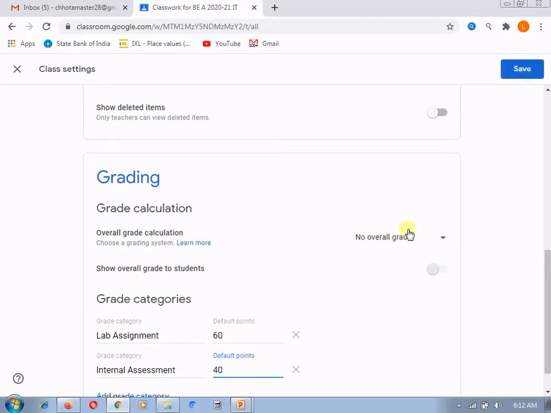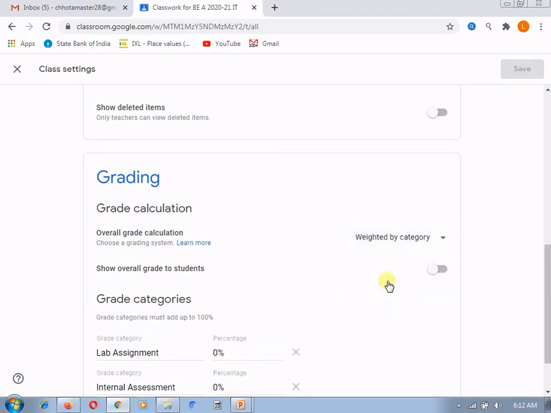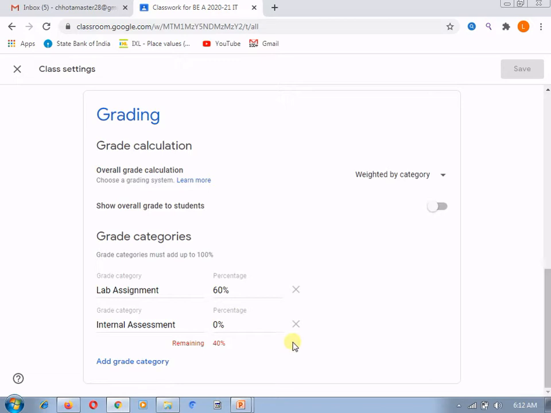Here you need to choose weighted by category, which means this will get reflected in the classwork section whenever you assign the category. You need to select weighted by category first, and then here you can give the percentage. From the 100%, I choose 60% over here, so it shows the remaining 40%. How to divide this remaining 40%? Suppose I am giving this 40% to my internal assessment.